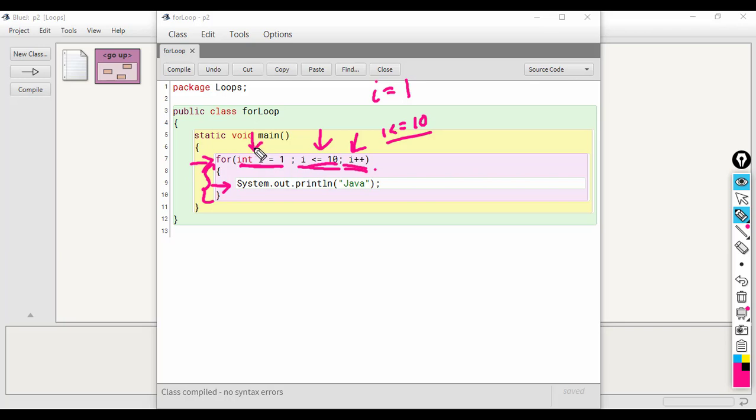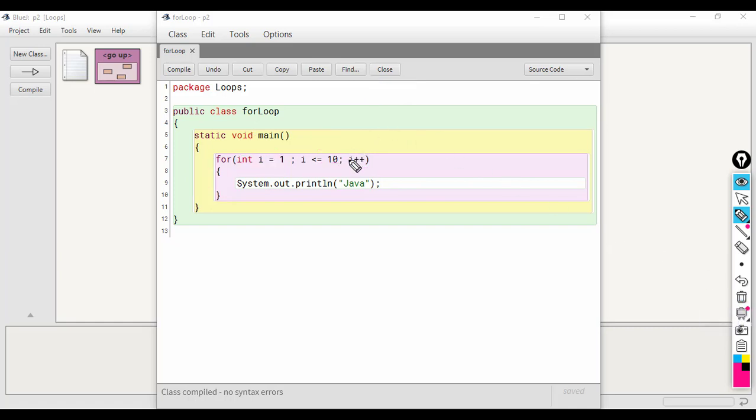The initialization part will not be executed anymore, so that happens only once, at the start of the loop. And the update will happen as many times as the condition allows.